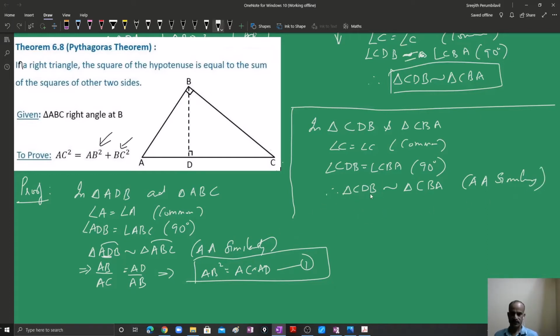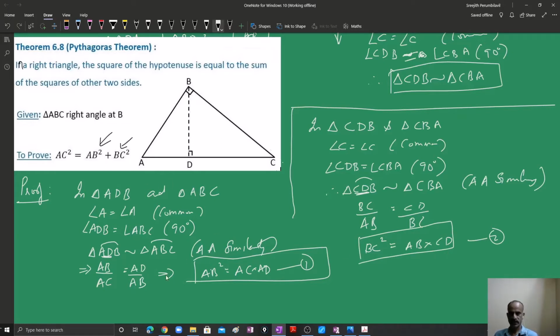Therefore, again, I am looking for BC here. Yes, there is a BC. BC divided by AB is equal to, BC is here also, these two. So, CD divided by BC, cross multiply. BC square is equal to AB into CD, relation number 2. So we have AB square ready, and BC square.